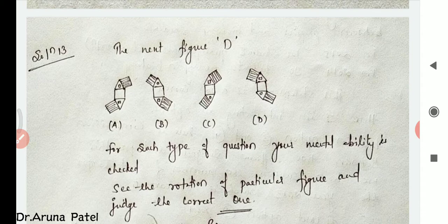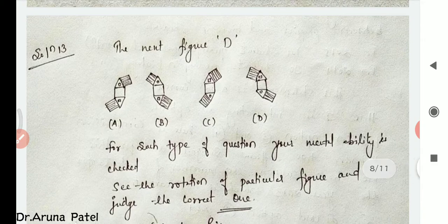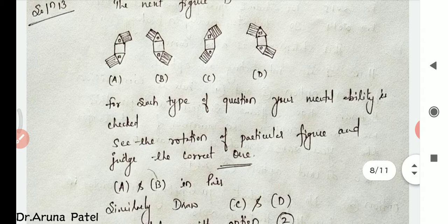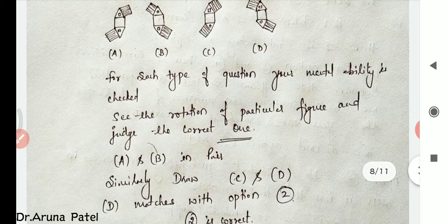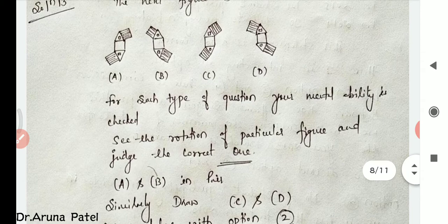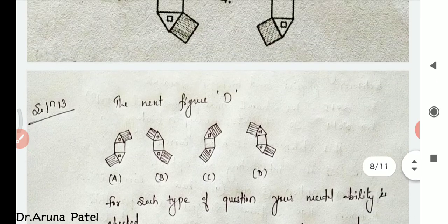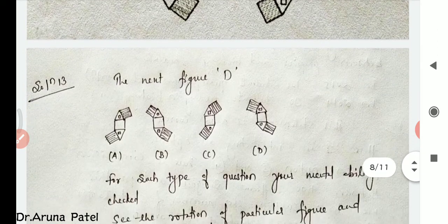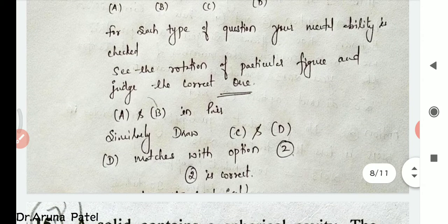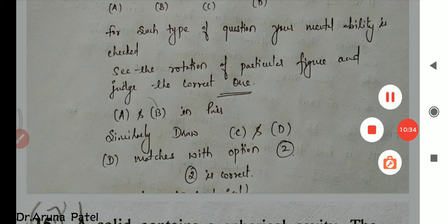Similarly, in figure C, in the above triangle there is a square and the lower one is a circle. So first you have to check where the square is and where the circle is, and then how the above and shaded squares are moving on the triangle's base. From that you have to judge it. AB is a pair, and similarly C and D is also a pair. So for D you have to draw how it is moving and then match it. The second option is correct for this question. The D figure is the second option, and this is the correct answer.